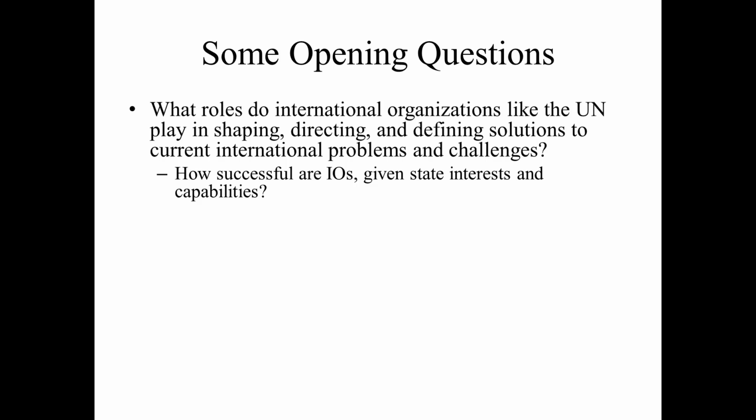One thing that we have hopefully taken away from this class, and something that I've imparted since day one, is that international organizations like the UN and others are really only as effective as the member states make them out to be. In other words, the nation state is still largely the paramount source of authority in the world today. And even though there are 193 of these sovereign countries, clearly some have more capabilities than others.